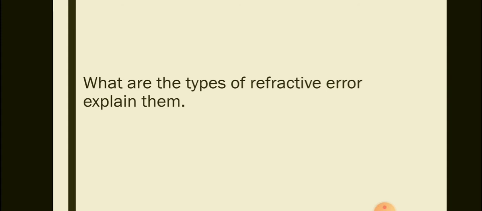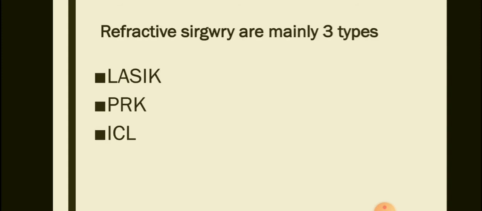Astigmatism means the light rays cannot focus on a single point. Multiple focusing points are seen in astigmatism. Astigmatism is due to an irregular surface of the cornea, or if the corneal curvatures are not equal to each other. That means the vertical corneal curvature becomes steeper than the horizontal corneal curvature, or vice versa, which leads to astigmatism. So now let's move to refractive surgery.